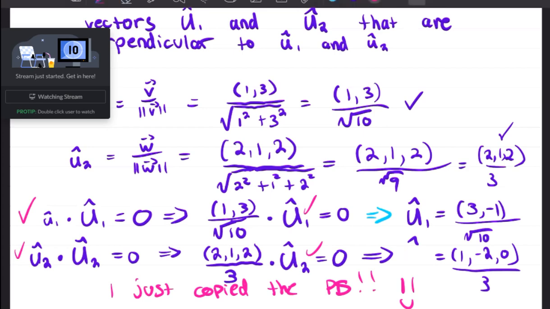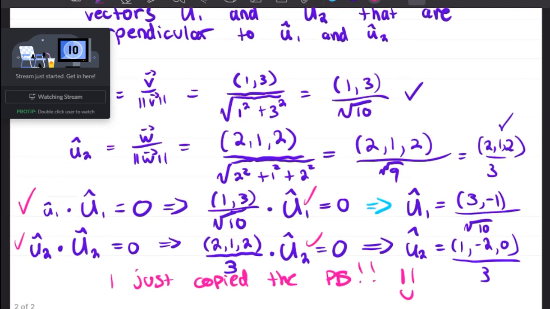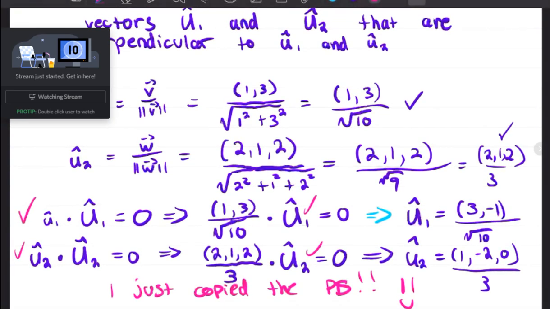Yeah, it should be U2. I think you can use any combination of numbers. Well, there's only one other combination you really use where you have one, but